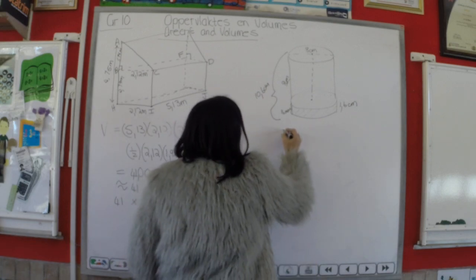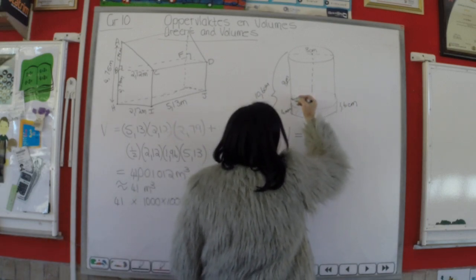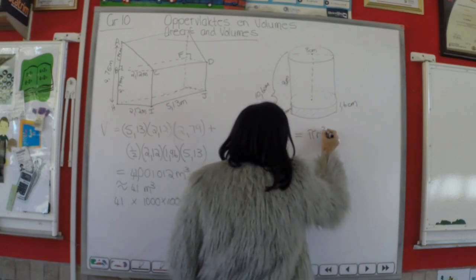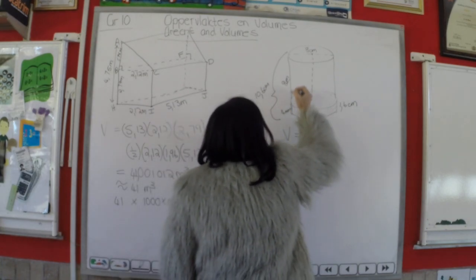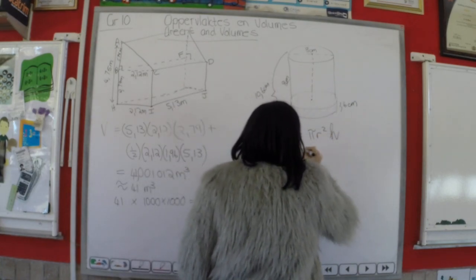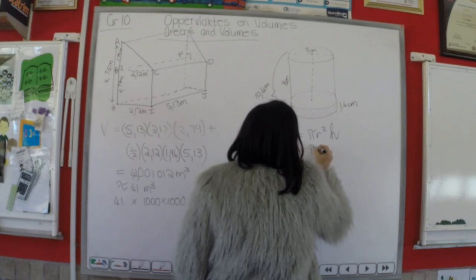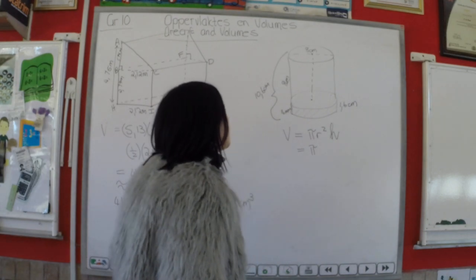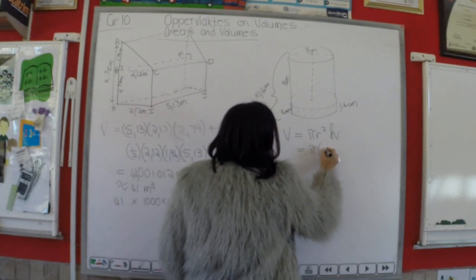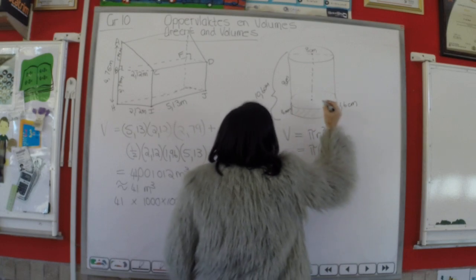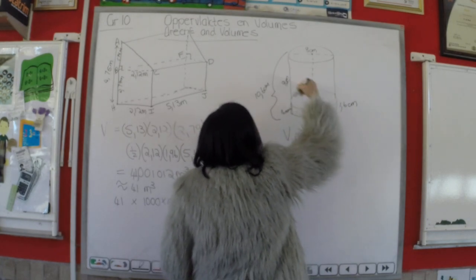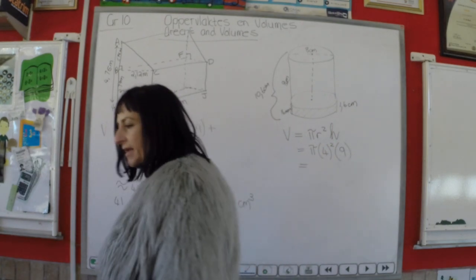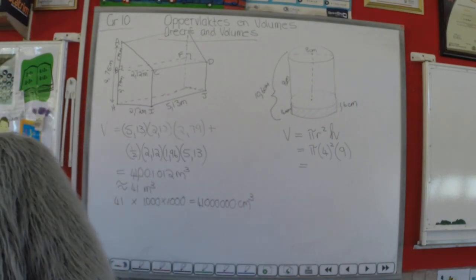Okay, so let's get the volume of the glass. The volume will be the volume of the base, that's a circle, which is P radius squared, and then we're going to multiply it with the height. So that's going to be P, and now we've got an 8 centimeters diameter, so the radius is 4 centimeters, and the height of the glass is 9, and if you put that into your calculator and you work out